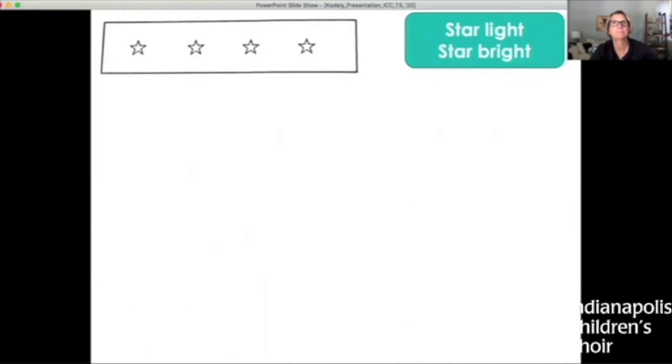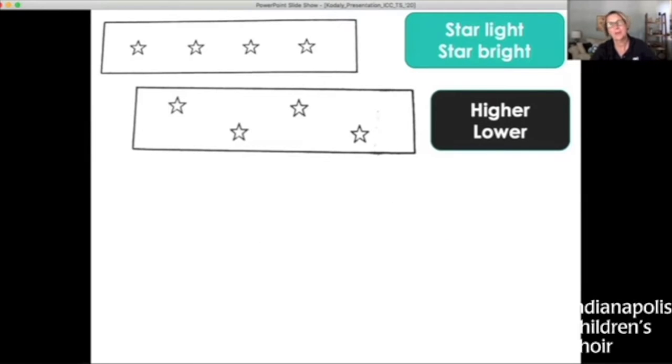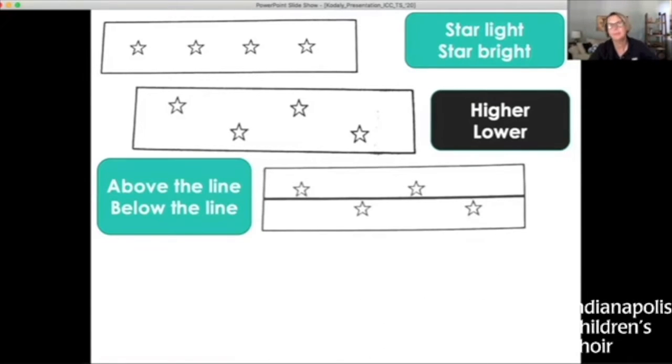So, for example, the song "Starlight, star bright, first star I see tonight." Very simple melody, so in mi pitches. And so we might be tracking that with the stars. But then what we can go back and do is start moving them such that they're representing the higher and the lower pitches. And then, gee, we can just draw a line or put a line straight through there using a piece of yarn or a piece of tape, or some people, if it's small enough, use a rubber band. Suddenly we have a line and we have pitches that are above the line and pitches that are below the line.